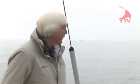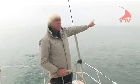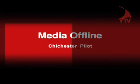I'm going to take a look astern now to make sure I'm not being set too far to the east. The marks behind will show me. Yeah, I'm right on. That's absolutely fine. Because we're near the bottom of the tide, we can actually see the West Pole sand dried out over here. Normally, if you come in near the top of the high water, you will not see that, but it's there